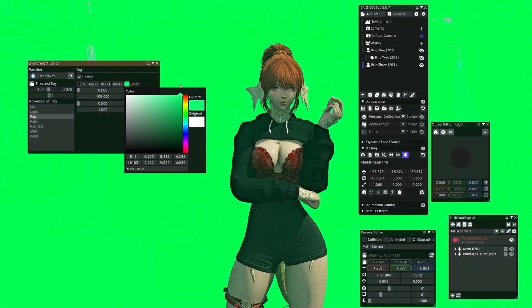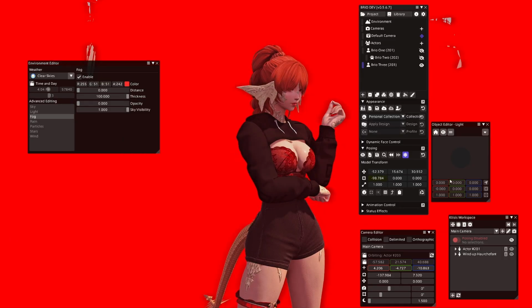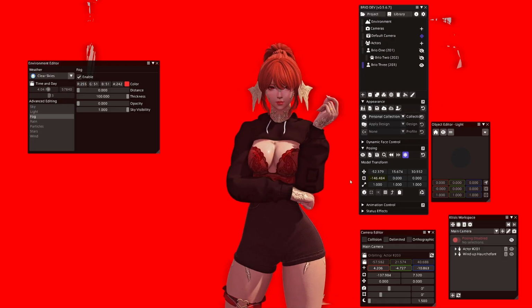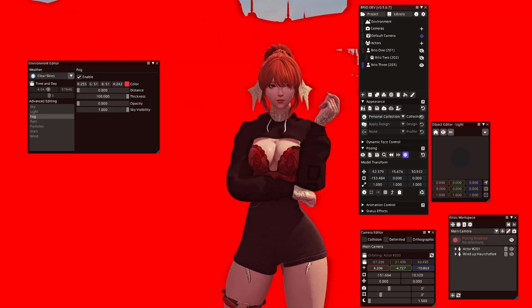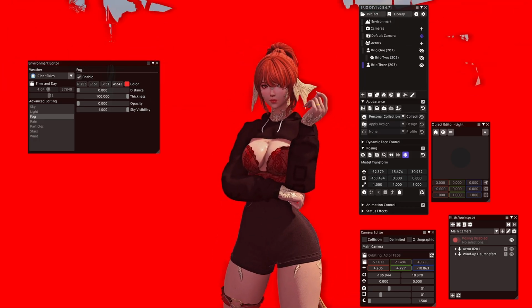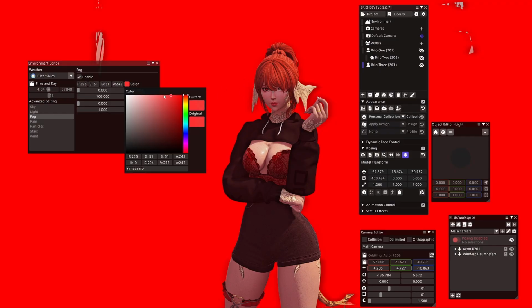For example, if I was to pick red, which is the color I'm going to go with today, because Loki, her main theme has always been red. So I've already picked red for that. So you can see we can't see the background already. But you might notice that our character's not as clear as it could be. It looks a little bit off. The reason being is